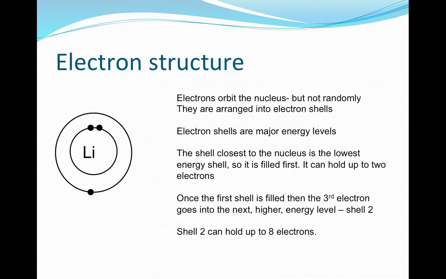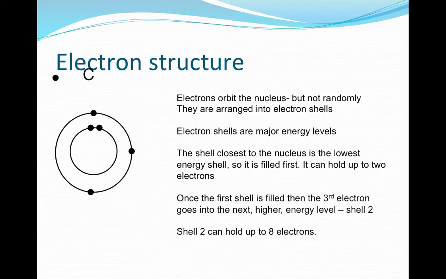So when we go on to something like lithium, that electron has to go into the next shell out, which is at a higher energy level. We call this next shell, shell 2. And as we go in, and we're adding more and more electrons, you can see that they keep on being added